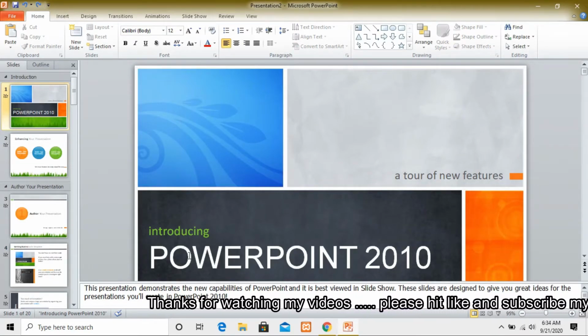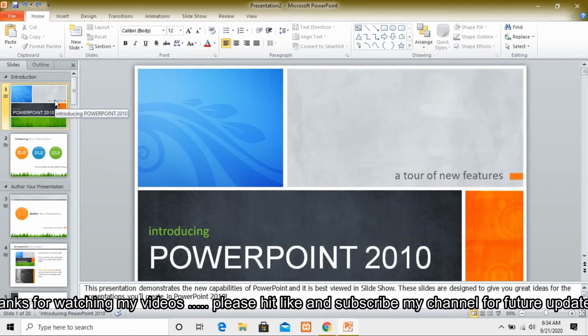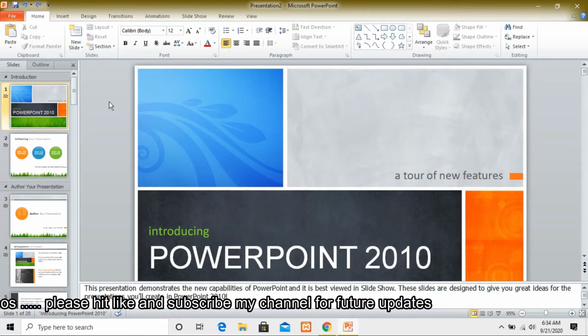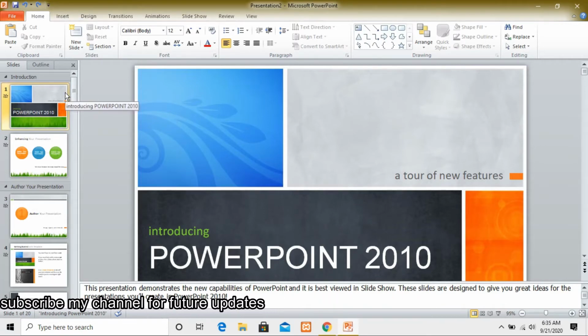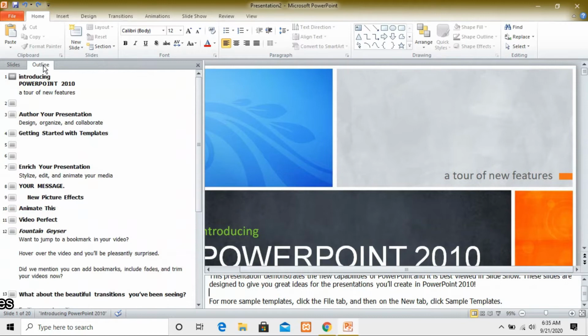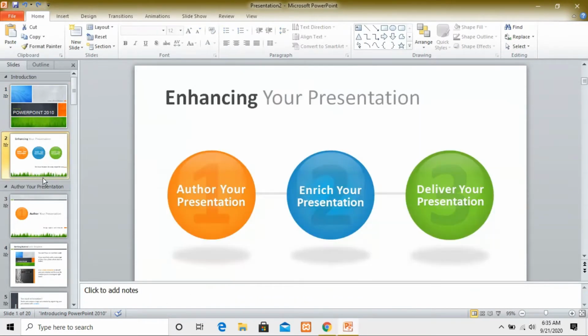Now what I want to tell you is that this is the normal view. In the normal view, on the left hand side, we have two tabs, the slide tab and the outline tab. I have already taught you that the slide tab has the thumbnail of each slide.